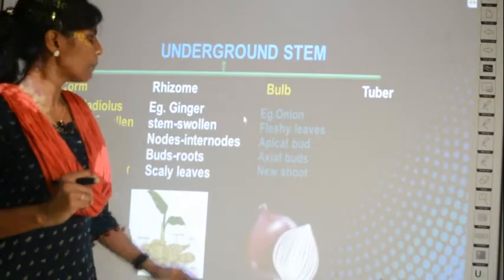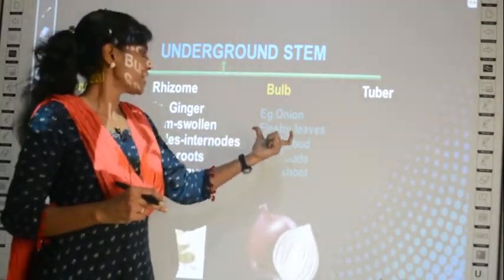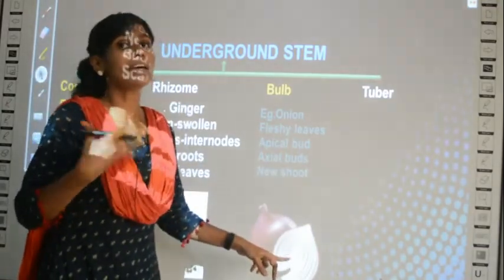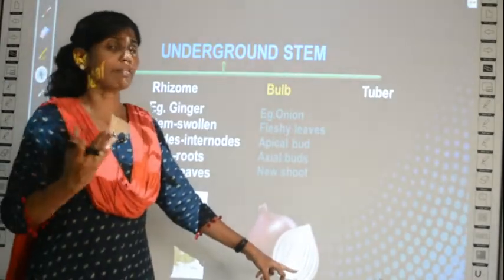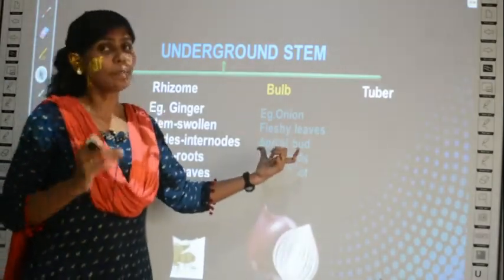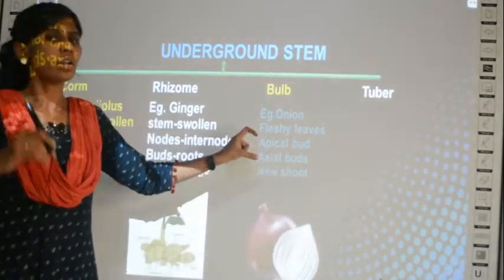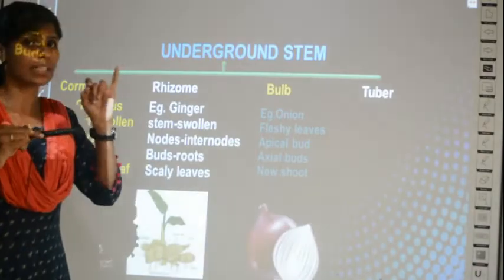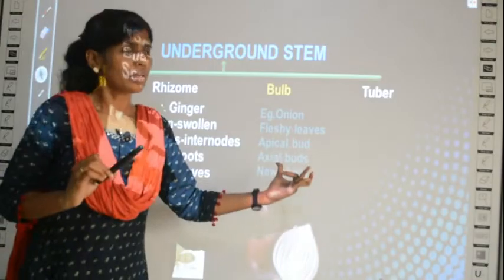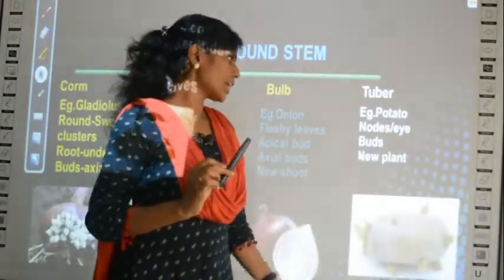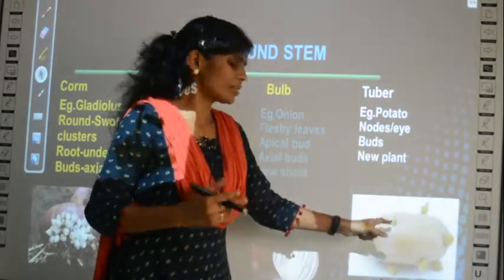What about bulb? Bulb's example is onion. In onions, you have fleshy leaves. These are actually modified leaves. Onion is an example for modified leaf, right? So here also apical buds or axillary buds will develop. These terms you have to memorize. Apical buds, which are at the tip, and axillary buds will develop, and each bud will develop into a new shoot. And the 4th type, potato, is a tuber type, and here also you must have seen this at